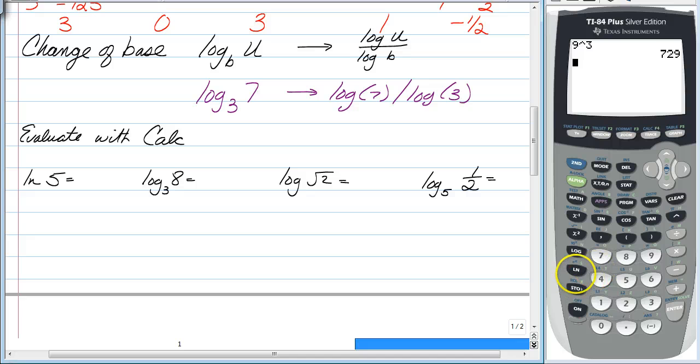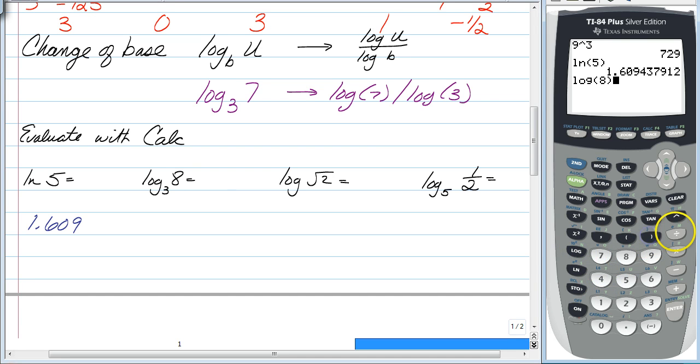So the ln of 5. That, nothing special, you just type ln 5. Click enter, and you're going to get 1.609. For this section, we're going to round to 3 decimal places unless otherwise stated. Log base 3 of 8. So this is a different base of 10. It's not an ln. So we need to take the log of 8, and we're going to divide that by the log of 3. And then you're going to just click enter and get the value is